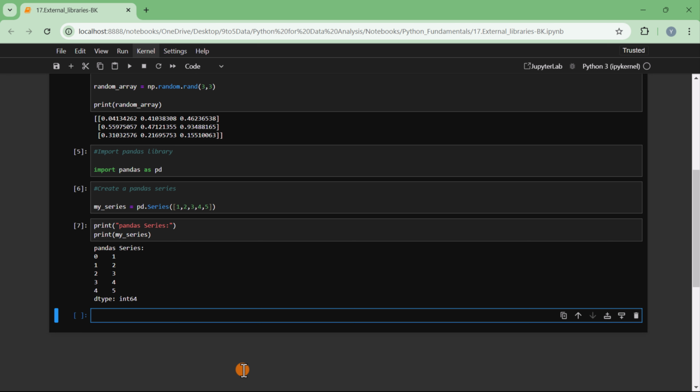We can see now that the array we have initially, which is something like a 1 by 5 matrix, has now turned into a 5 by 1 matrix and also has an index. The index has the values on the left hand side, which start from 0, 0, 1, 2, 3, 4, and